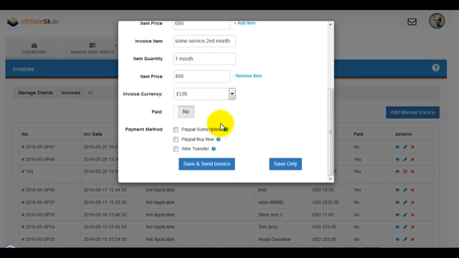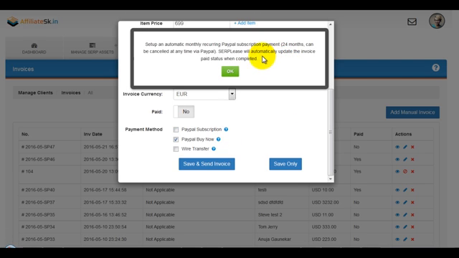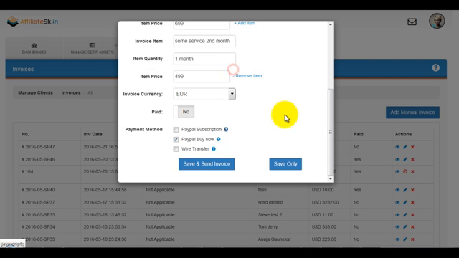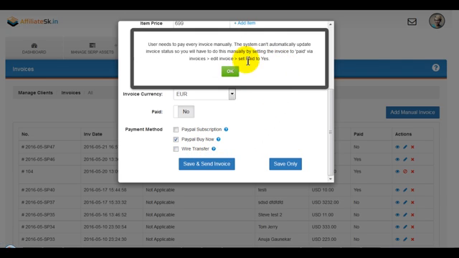Paid is standard set to no, of course, but if the invoice is paid already, you can set it to yes. Then pick one or more payment methods for your client to pay the invoice. If you select PayPal subscription, you'll create a recurring payment. This can be very useful for PPC services and or something like site maintenance, etc. If you choose wire transfer, our system won't be able to check if the invoice is paid automatically, of course.